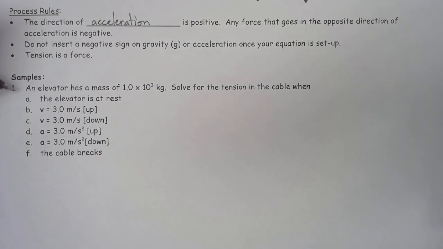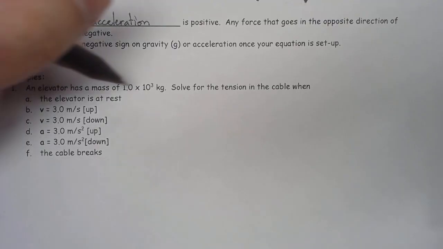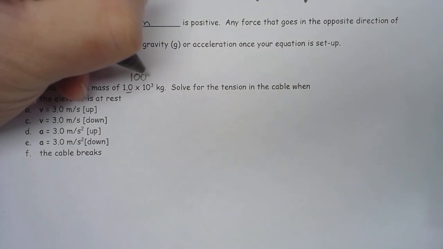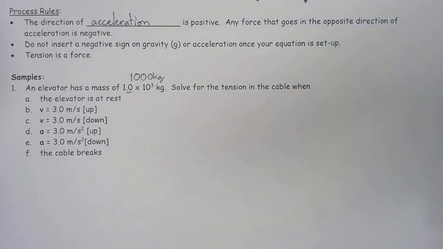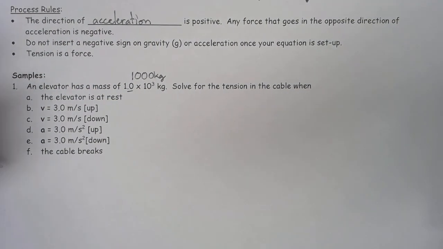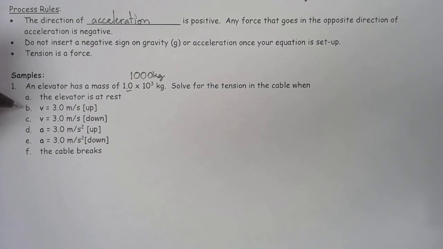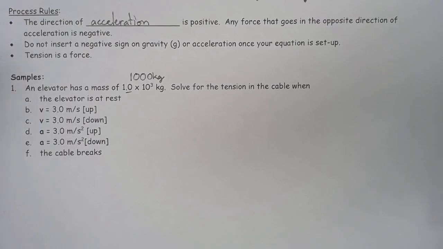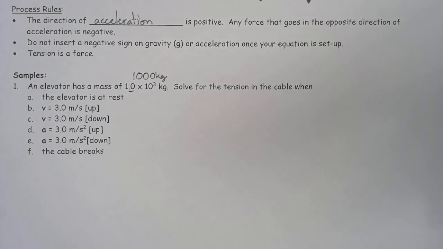So, sample 1. An elevator has a mass of 1,000 kilograms. Solve for the tension in the cable when the elevator is at rest, when we have a speed going up, a speed going down, an acceleration going up, an acceleration going down, and the cable breaks. And so part A,